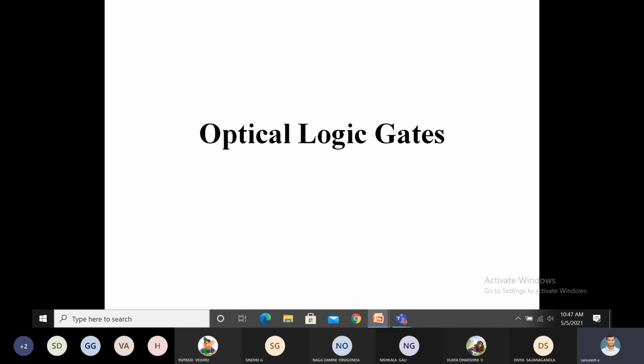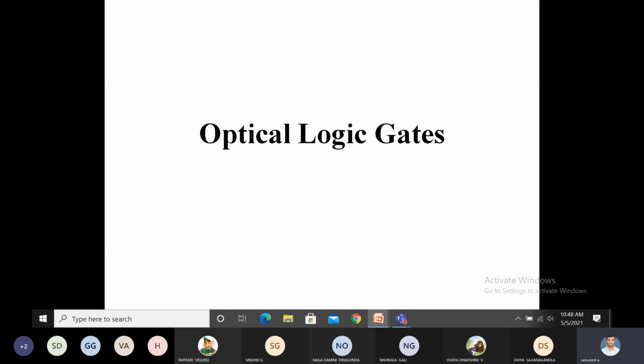The basics of logic gates, that is universal gates, we have discussed. I think you have already studied this in digital logic design or switching theory and logic design; the subjects differ for different universities, right? Here the basic logic gates are the AND gate, OR gate, and NOT gate. Different gates are available.